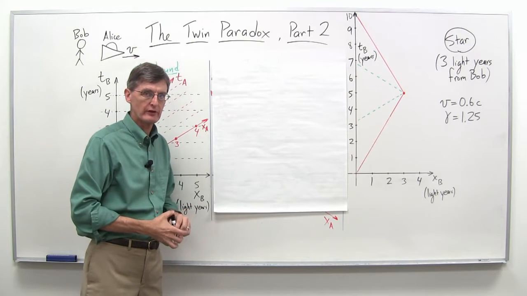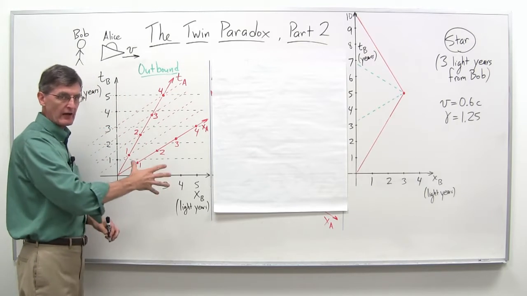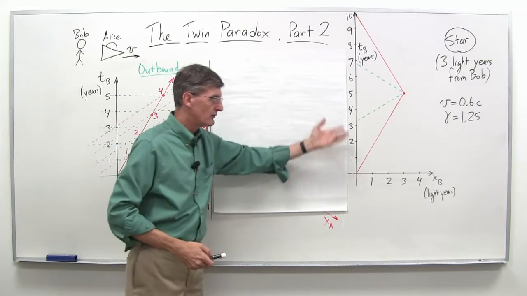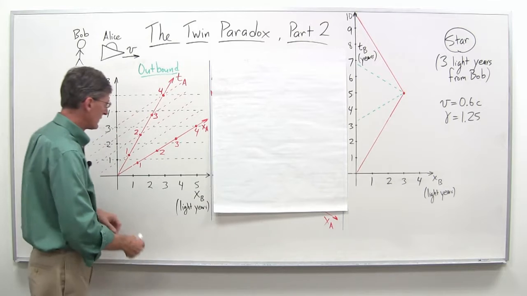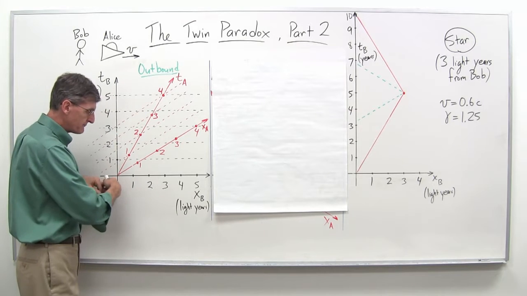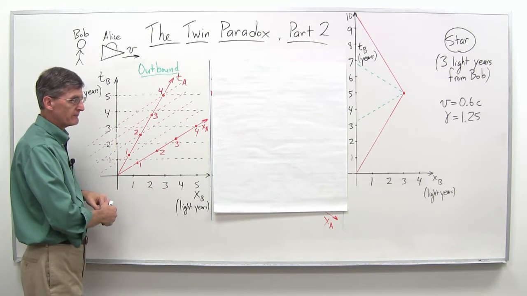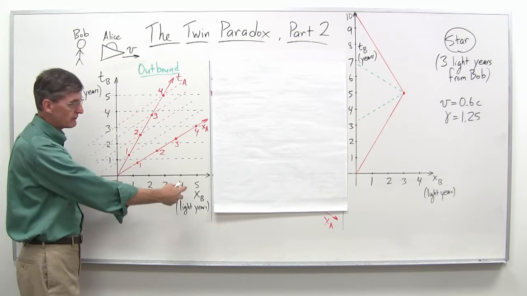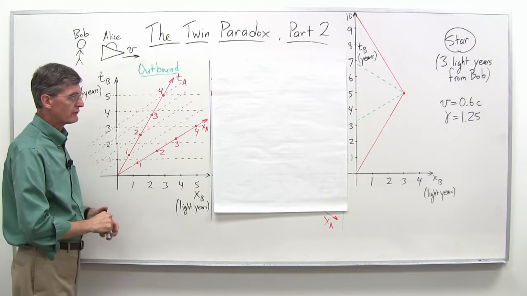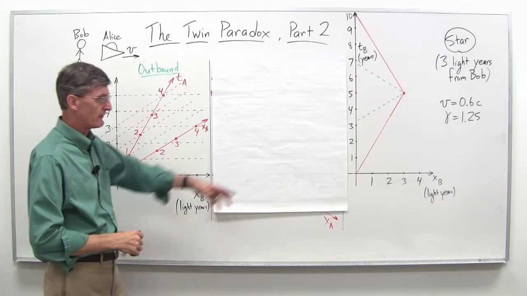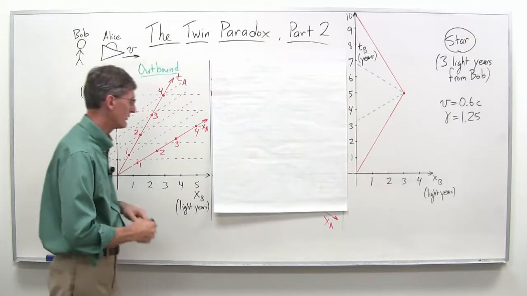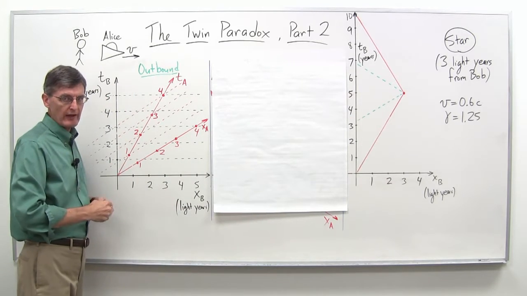We're actually going to put the numbers in. So they do check out here, but in terms of 3 light years, velocity is 0.6 c. Clearly, Bob sees Alice go 3 light years, and it takes 5 years to go 3 light years at 0.6 c. And Alice, from the time dilation effect, the gamma equals 1.25 factor, takes her 4 years as Bob is